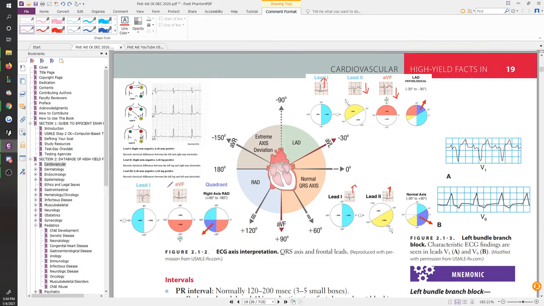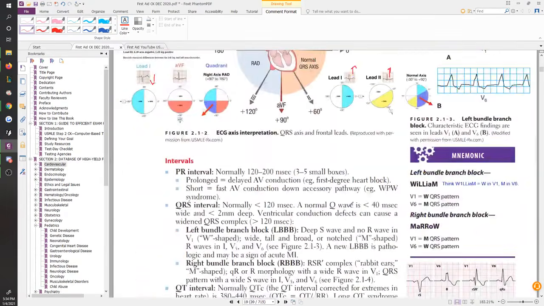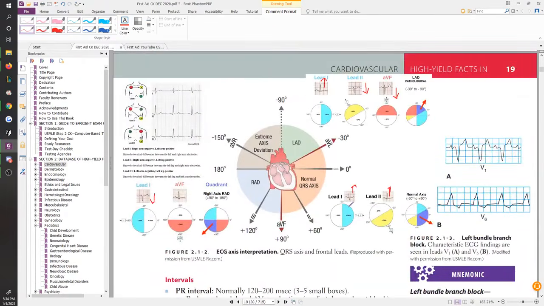And what you start noticing in comparison to the original is that lead 1 is now pointing down when it was supposed to be pointing up. Right? No other lead besides AVR and V1 should be pointing down. So as soon as you start seeing leads that are incorrectly pointing downwards, you start figuring out there's some kind of axis deviation going on.